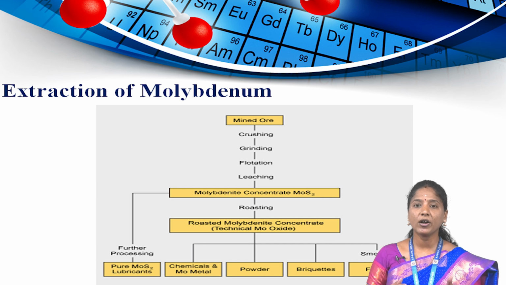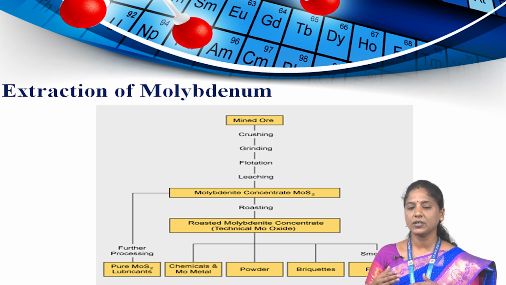Roughly 40% of molybdenum comes from primary mines, and the other 60% is a byproduct of copper and in some cases tungsten. If the ore lies close to the surface, open pit technology will be used, and if the ore lies deep underground,